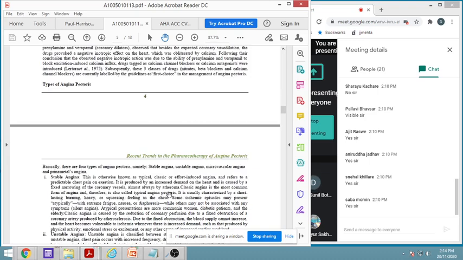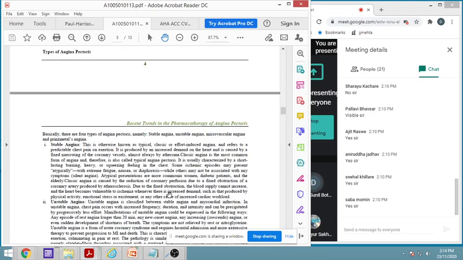We have seen various types. Let us revise these types again. We have seen them during pharmacology. The first one is stable, which is also known as typical angina. It is classic, or even called effort-induced angina, and it refers to the predictable chest pain on